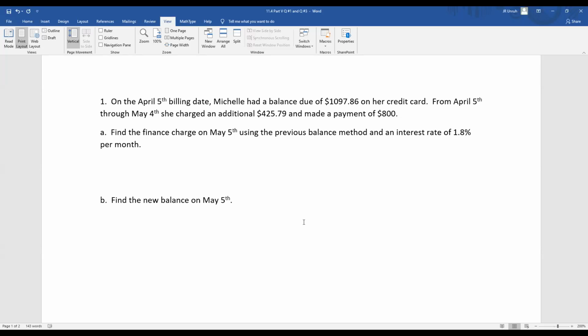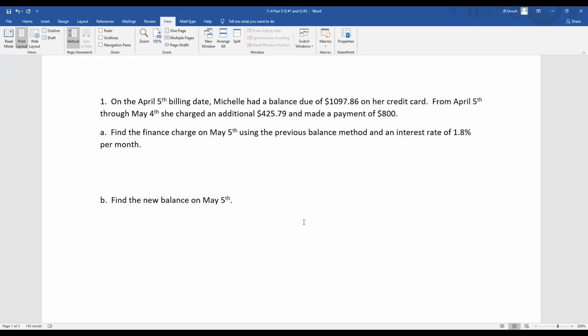From April 5th through May 4th, she charged an additional $425.79 and made a payment of $800. Okay, so her billing period, which is basically the month of April, she started with a balance of $1,097.86. She makes a payment of $800, but also charges an additional